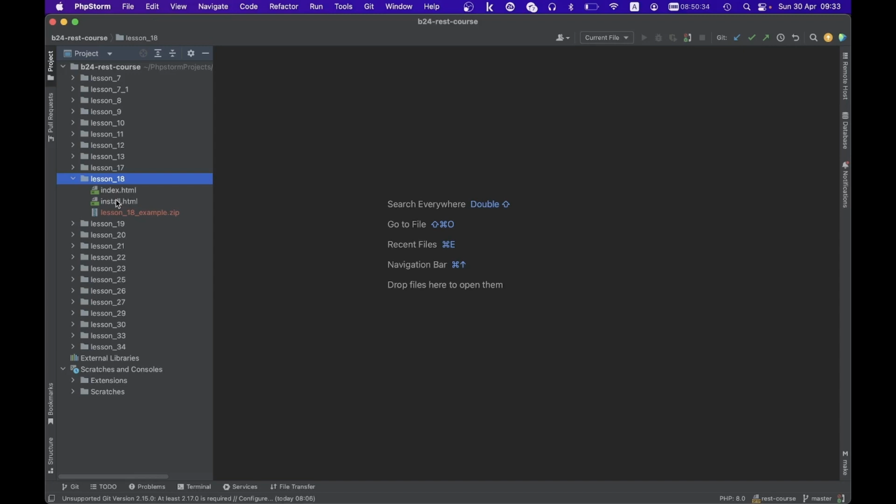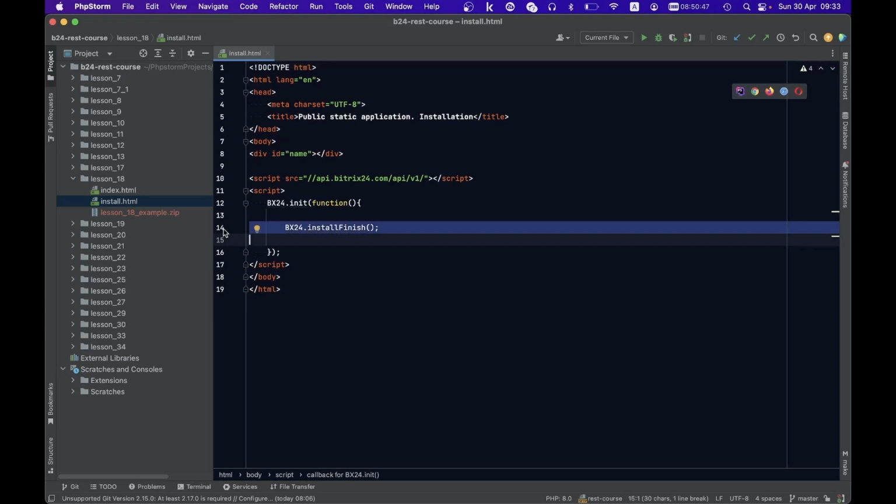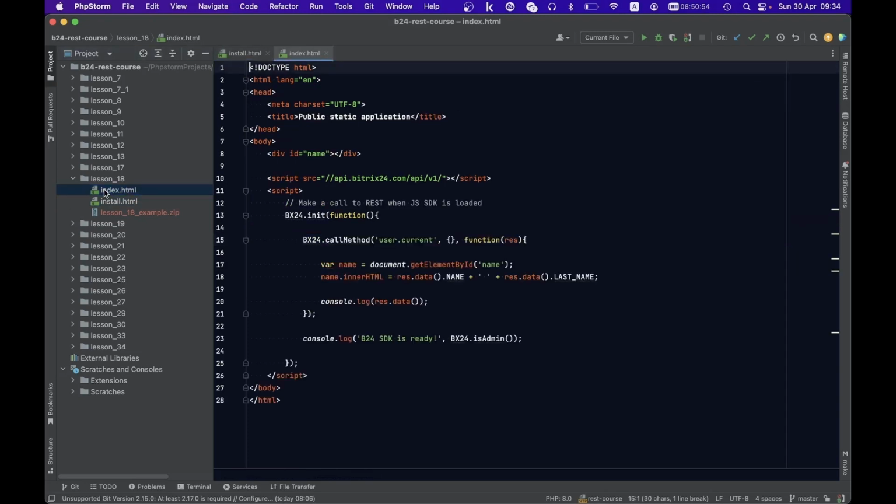Examining the inner workings of the application, we start with the install.html file. Like in the case of server applications, the application must inform Bitrix24 of a successful installation through the install finish.js method of a special JS library. Upon the application's execution of this function, Bitrix24 recognizes the installation as successful and redirects the user to the index.html